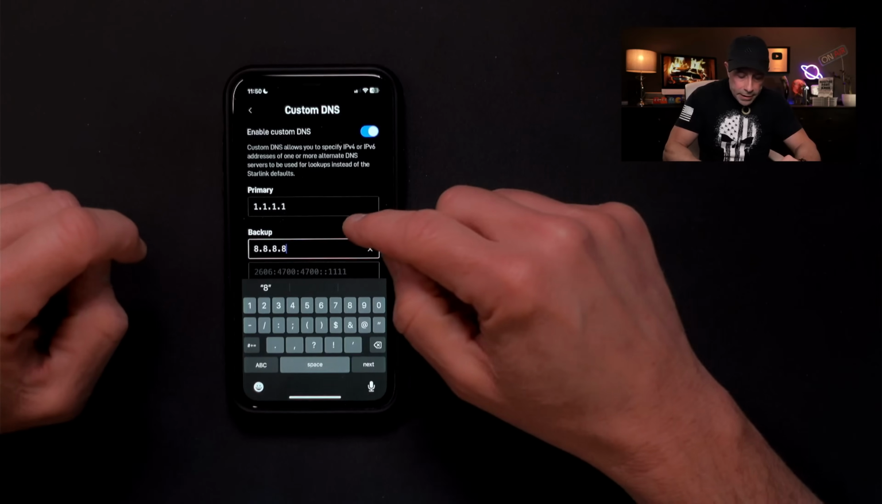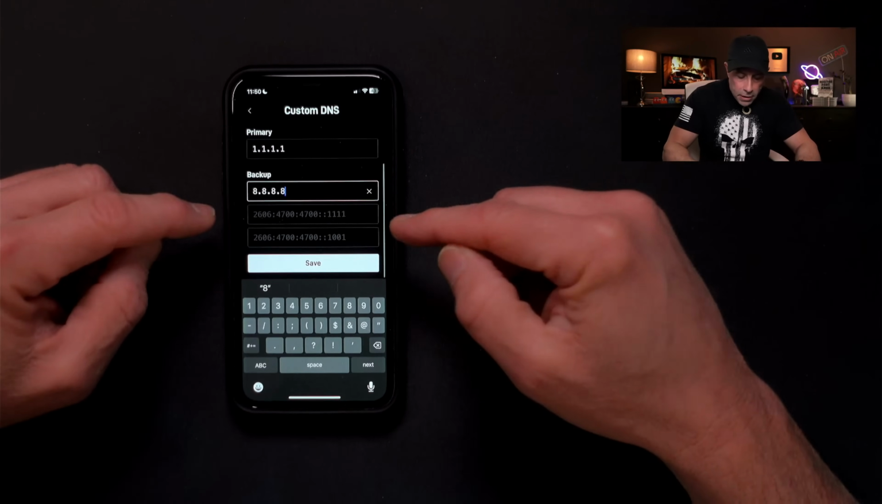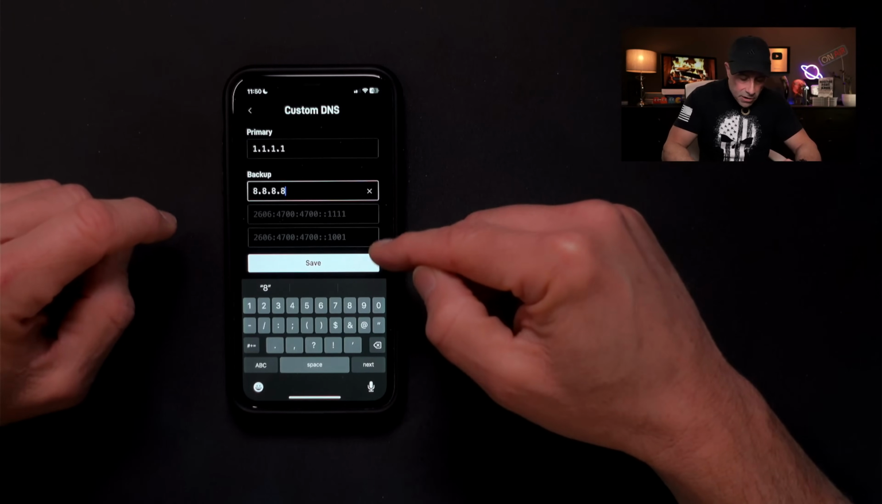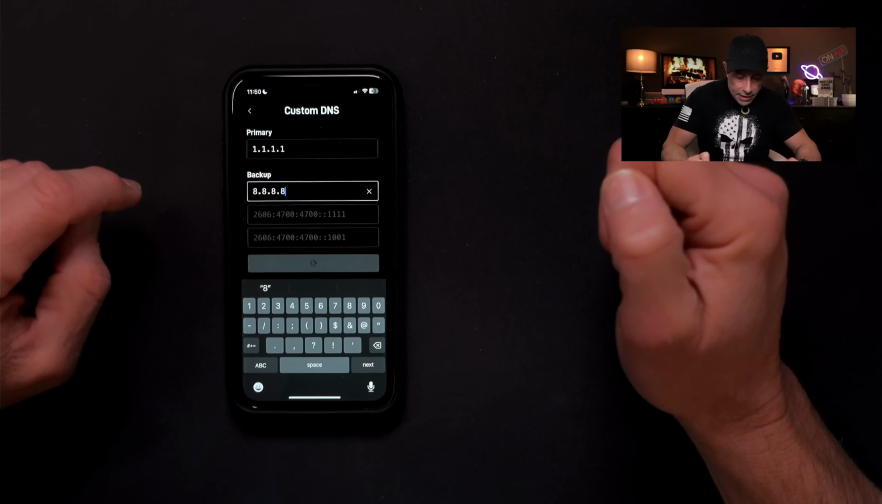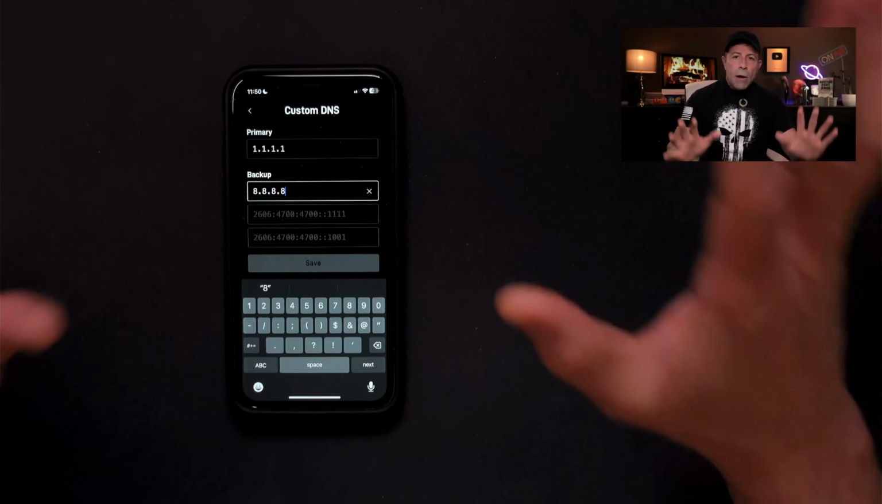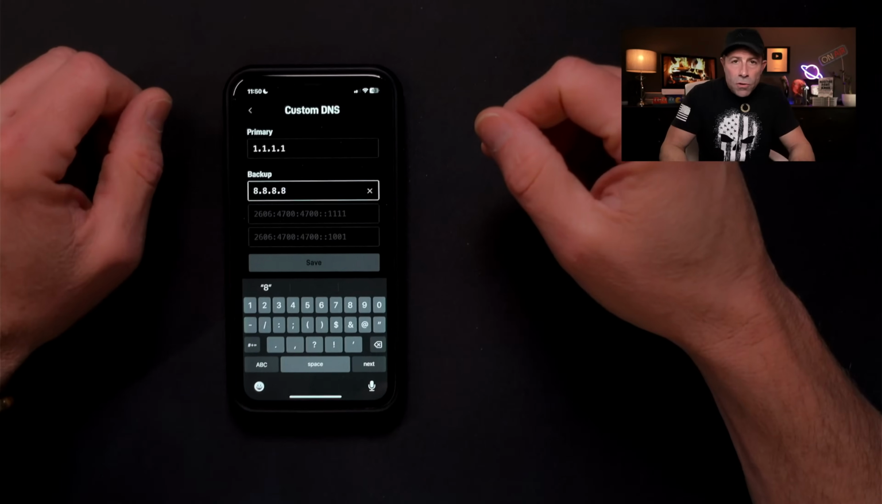8.8.8.8. All right, I'm going to scroll down a little bit here. We can see that there's the IPv6 numbers here. We don't need to worry about that. We hit save. And there we go. Now, what exactly did this just do? For instance, if Cloudflare went down and 1.1.1.1 was not working, what that would mean is I would have no internet connection at all, because DNS is required to be able to get onto the web at all,